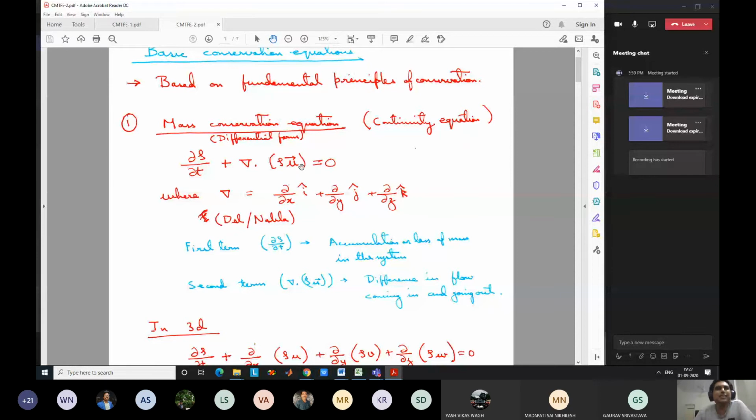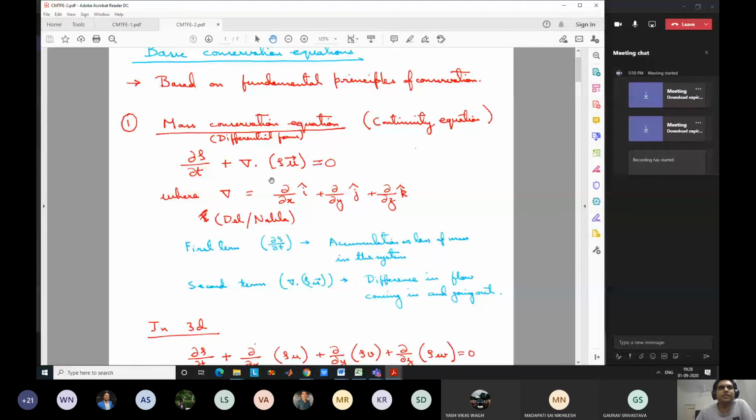This del, what is this del? It is known as del, or gradient, or nabla. This symbol is known as nabla. It is actually the gradient vector, del x of i, del y j, del z k. If you take a dot product with u, you get del u del x plus del v del y plus del w del z. So x components, y components and z components get multiplied and added. You should already know all these things. In case you don't, revise or try to remember these things later on.